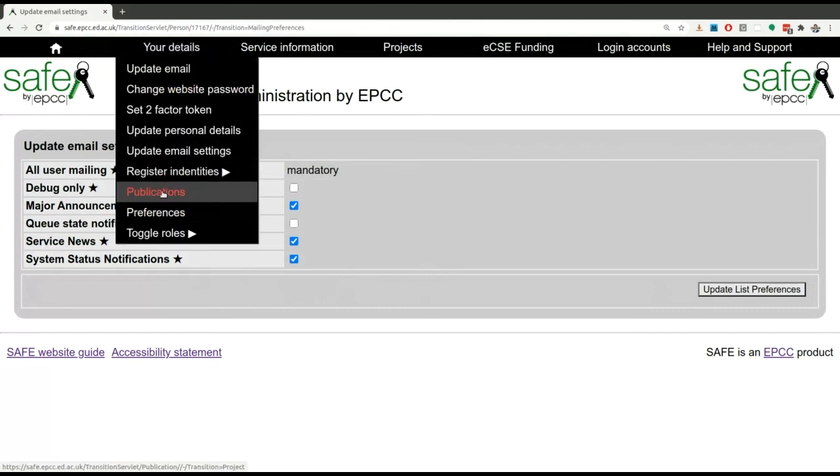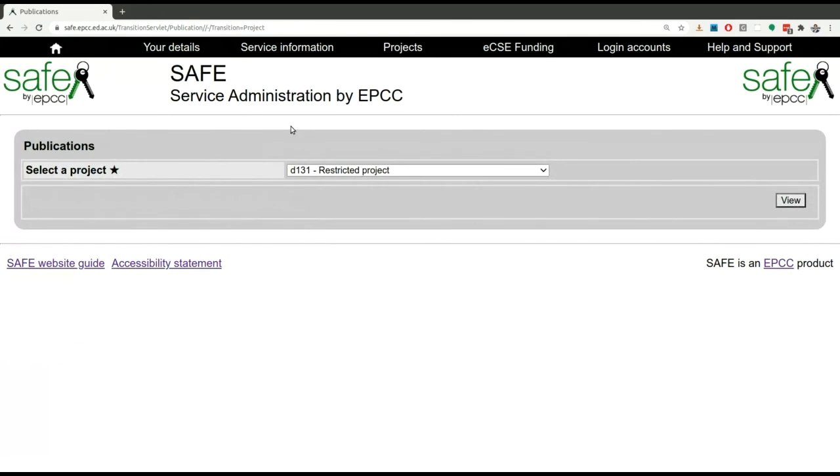And also, a useful thing here is publications. What's this? Imagine that, for instance, you use ARCHER2 to get some results, and these results are published in a paper. You can add your paper to SAFE, and this is also important and useful for us because as you may know,